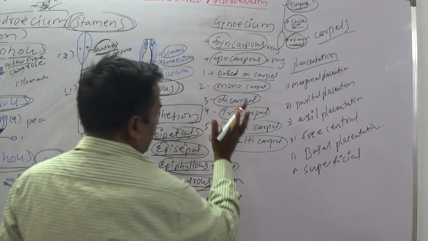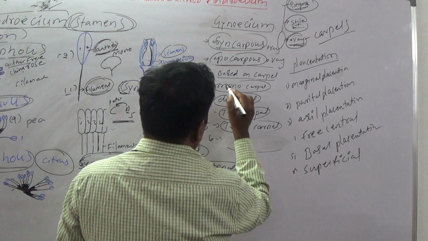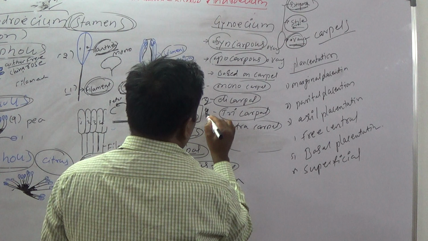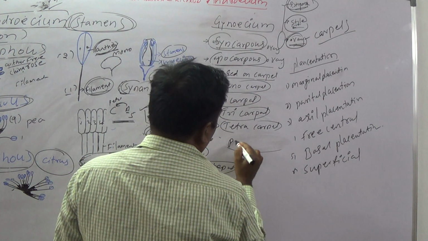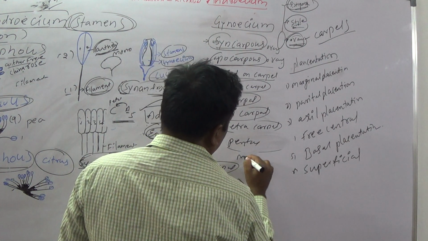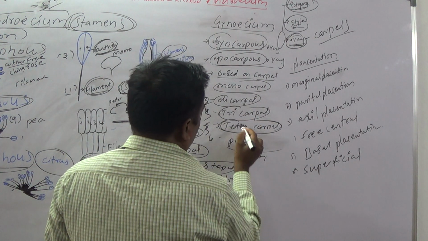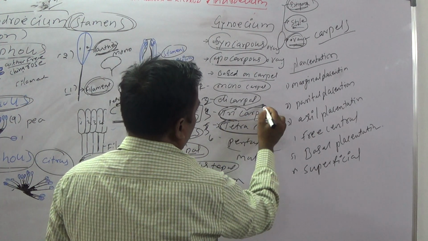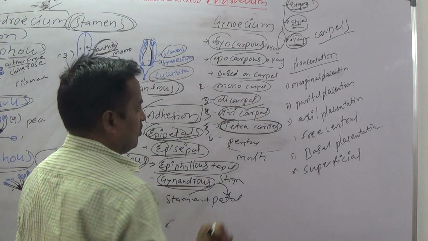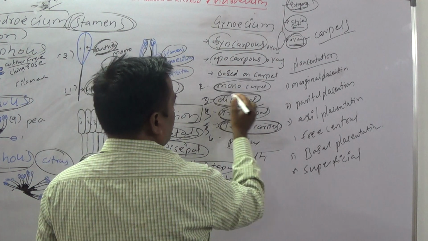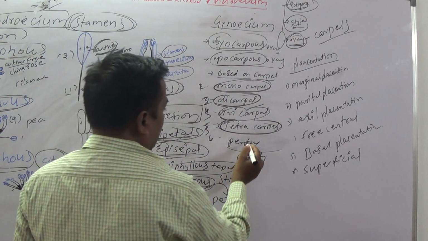So mono, di, tri, penta, then after that multi. Tricarpal is reported in Liliaceae, dicarpal reported in Datura, monocarpal reported in chili, and pentacarpal reported